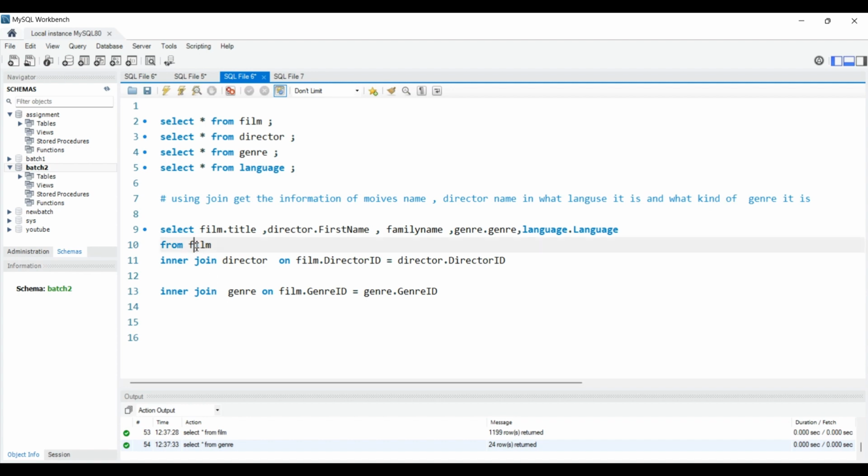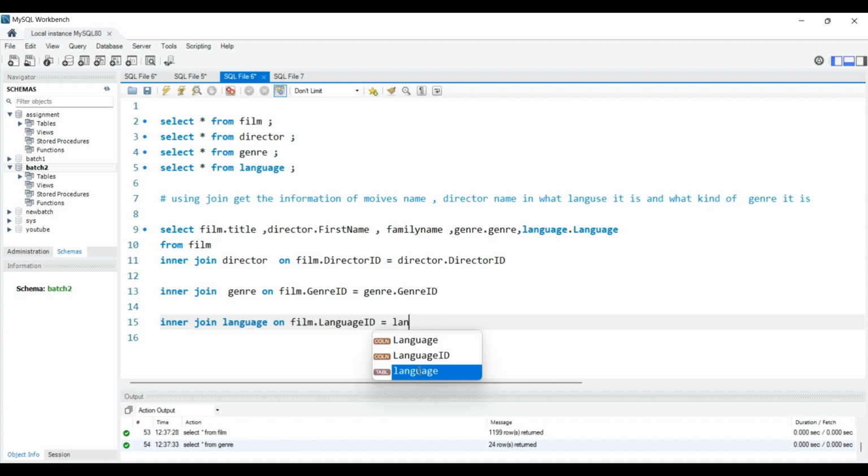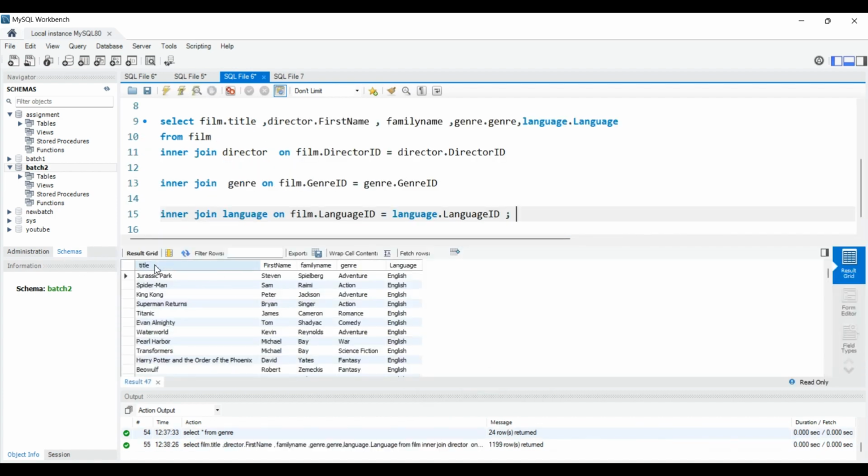First we joined film with the director, then again we joined film with the genre. Now the last table is language, so we will use inner join again. We will write which table we are going to join, the language table, and then on film.language ID. There is a common column, right? Is equal to language.language ID. All right. Now if you hit Control Enter, you will get all the information like the movie's